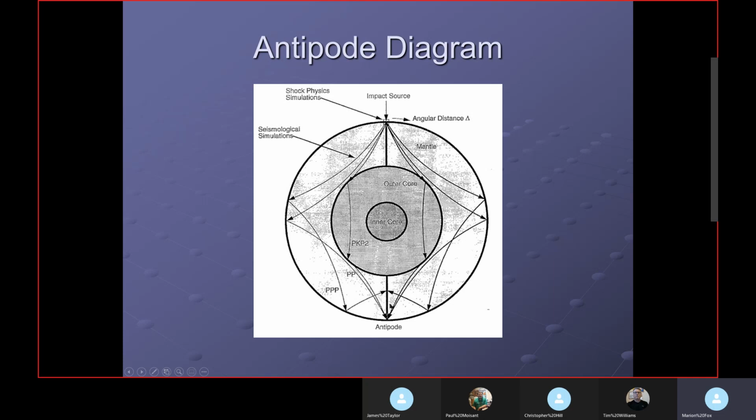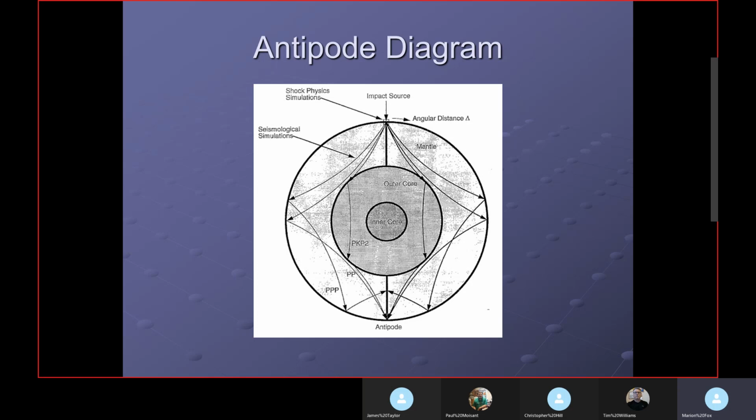Now, the early models were simulations based upon the assumption the earth was spherical, and they had to correct them because the antipodes weren't exactly in the right spot. But what happens when an impact occurs on the earth, the opposite side of the earth has the forces pushing upward on it. And this probably explains what we call seamounts,